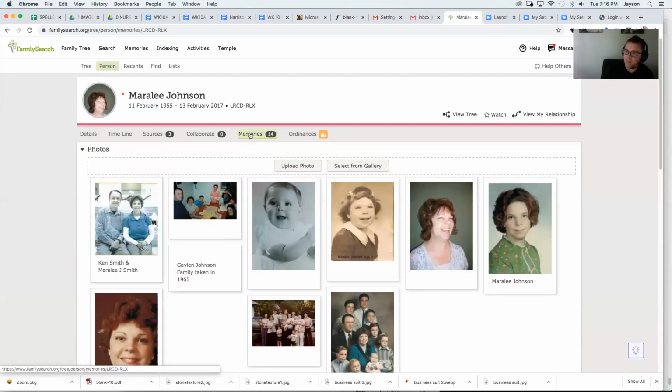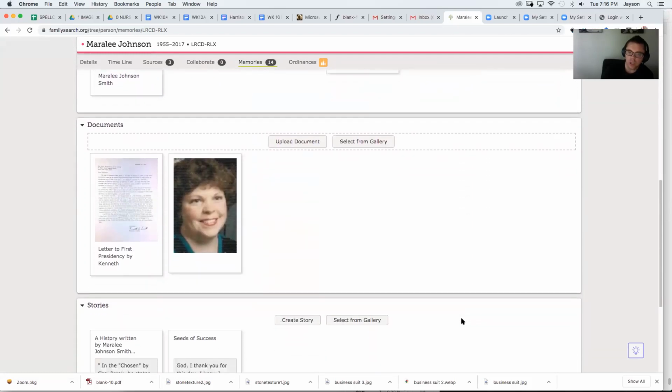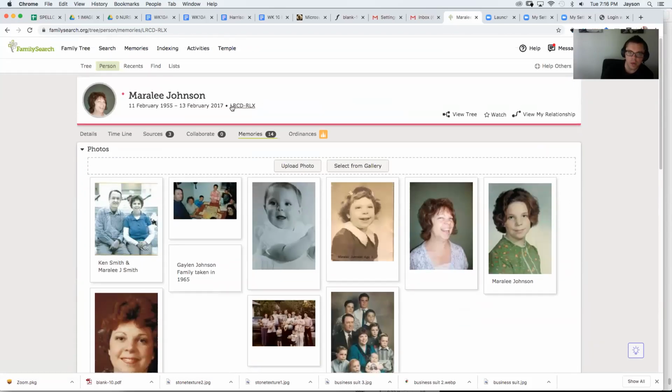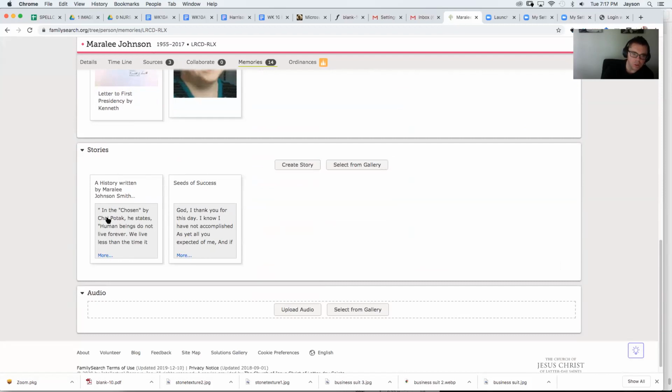So if it is on a living person, then only you can see that. So like Norma was sharing a lot of the things on her own profile, which is a living person. But as you see on the screen now, my mom who's passed away, all of these things are shared with everybody, including you guys. I mean, you guys could look up this number right here and be able to have access to her file. So you'd be able to see all these things. Here are some of those. Here's what we've done, Norma. We've just scanned in some of those letters and so forth. Okay. I have included some of her poetry as well